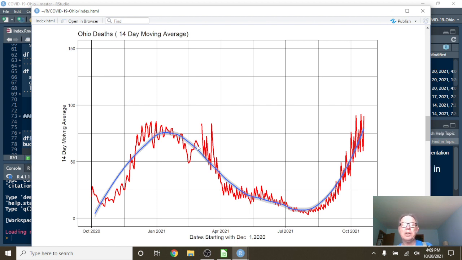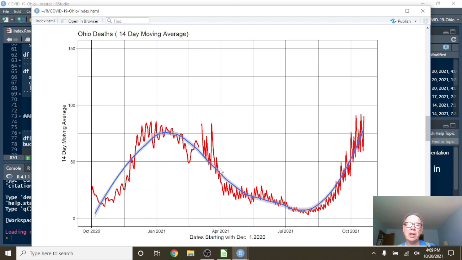Oh, I also forgot to mention, March this year, they switched from a 7-day reporting cycle for deaths to a 5-day reporting cycle for deaths. Now, they're still counting cases 7 days a week, mind you. But anyway, the other thing about the 5-day reporting cycle for deaths is it's not always the same 5 days, okay? So anyway, that doesn't really change the overall picture.